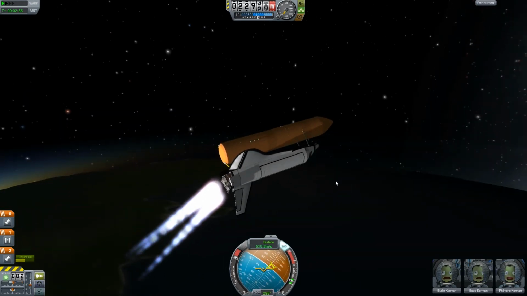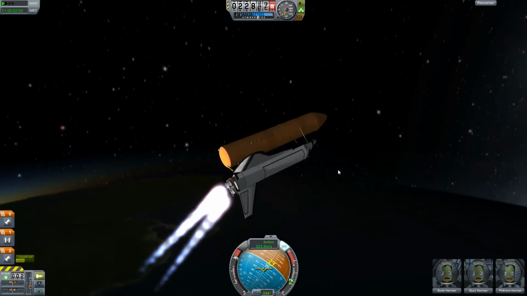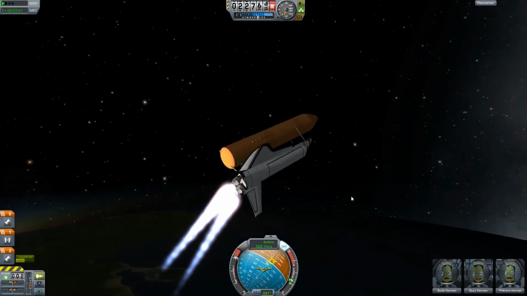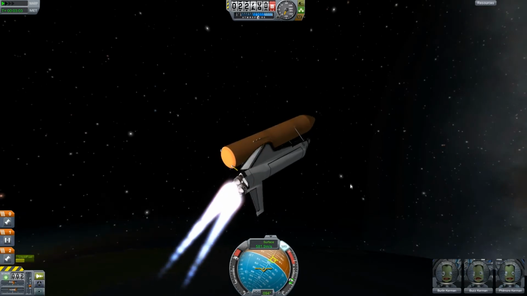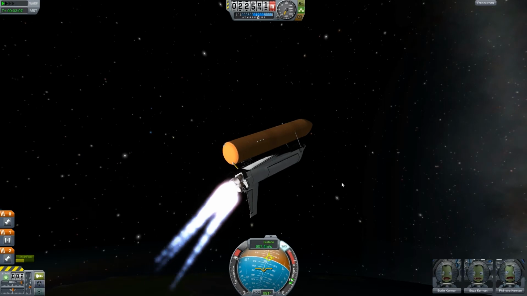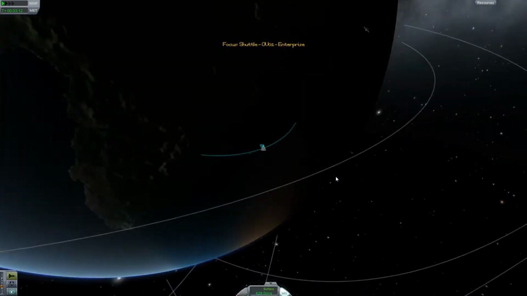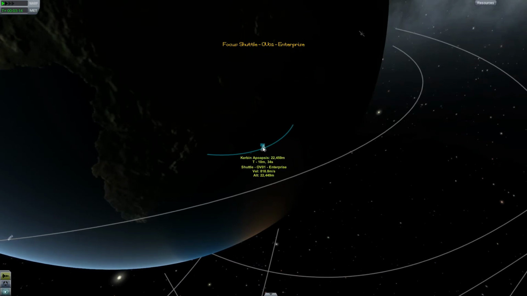Are we losing altitude now? We are. I pitched up too much, didn't I? That's unfortunate. I just cannot get this thing under control here. Please cooperate. You know, I'm actually going to go back to the vehicle assembly building, and I'm going to put a MechJeb on this